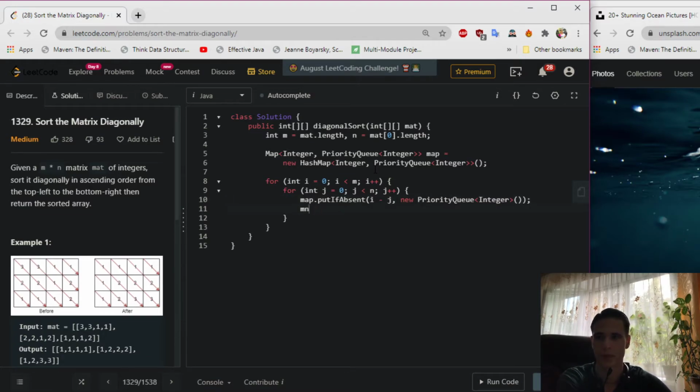And then we get the previous entry at the position of I minus j. Then we add mat I and j,